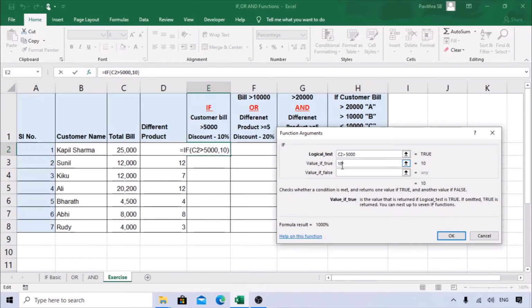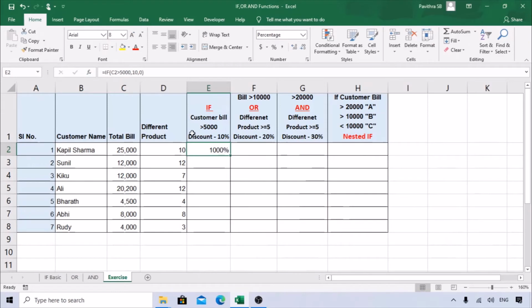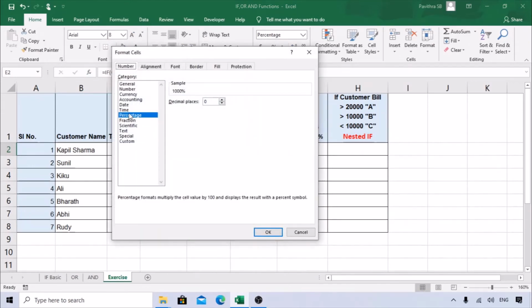I can put a percentage here, or you can just give it 10. Then the false value will be blank. You can leave it blank, or use double quotes, or you can give 0. So false is he doesn't get anything.